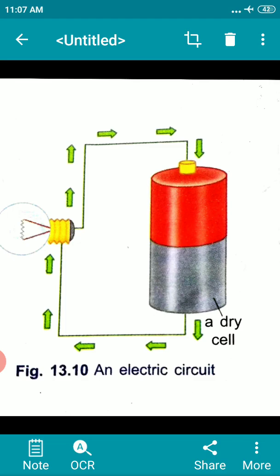So in this picture you can see the cell, wire, bulb.